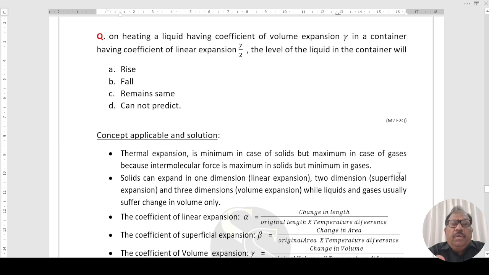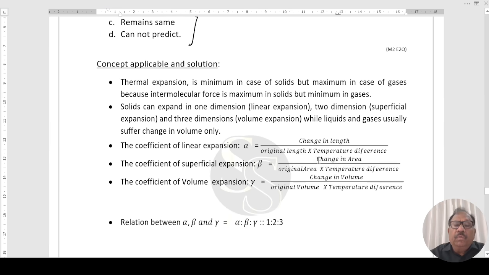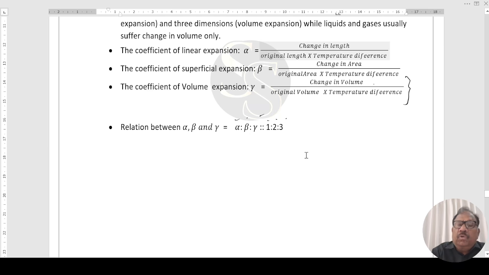The question is, on heating a liquid having coefficient of volume expansion gamma in a container having coefficient of linear expansion gamma by 2, the level of the liquid in the container will rise, fall, remain the same, or cannot be predicted. Four options are given to you. One of the options is the correct option. We know coefficient of volumetric expansion is change in volume upon original volume into temperature difference. And the relation between alpha, beta, gamma is 1:2:3. Right? According to the question, if we heat